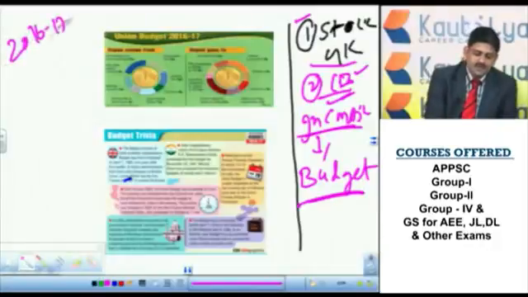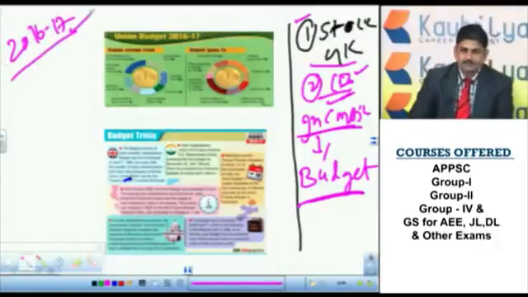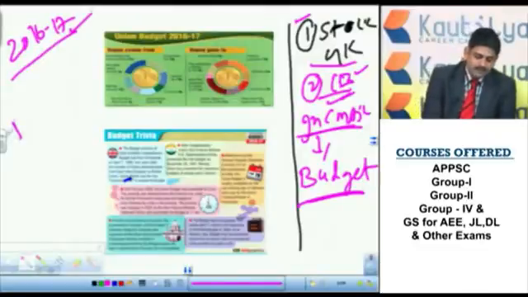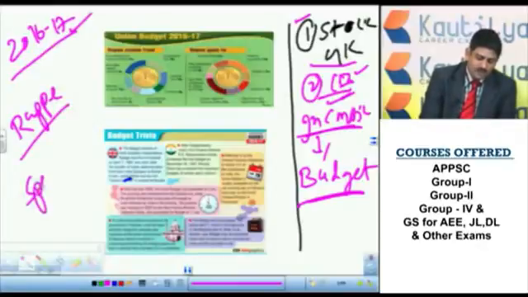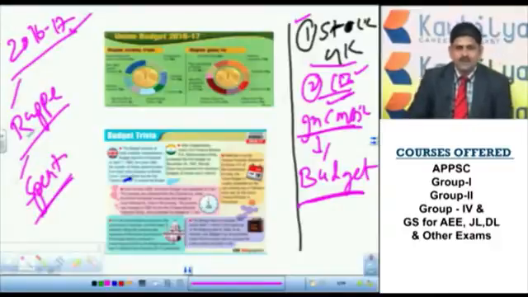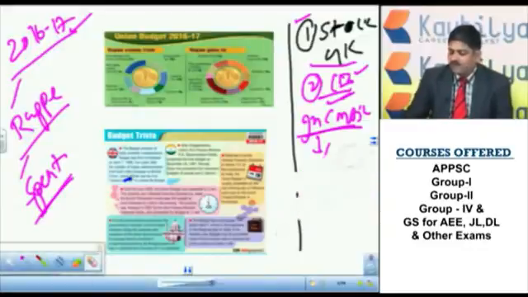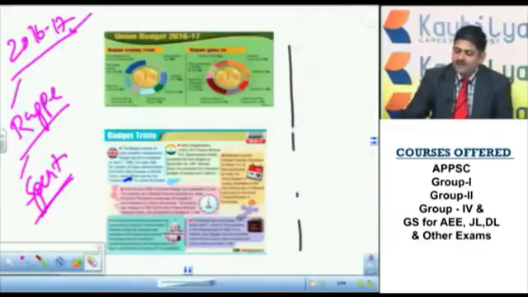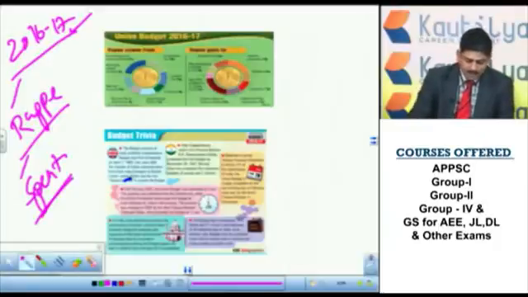2016-17 budget. Here the important thing is how the government will get the amount and how the government will spend the amount. This is simple, just assume that you are the house owner and think about how per month you will get the money and how you will spend the money. This is important. Certain terms are there that we have to know.